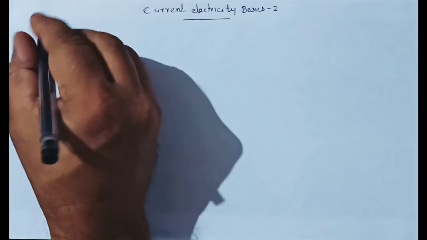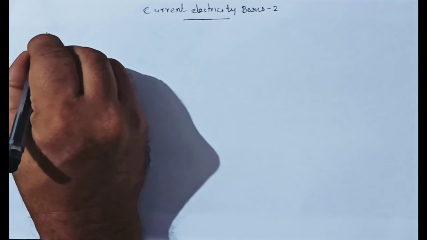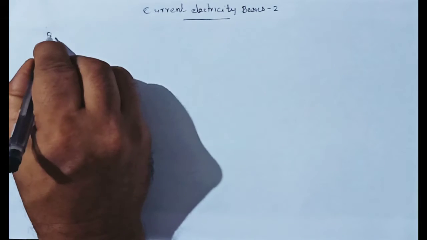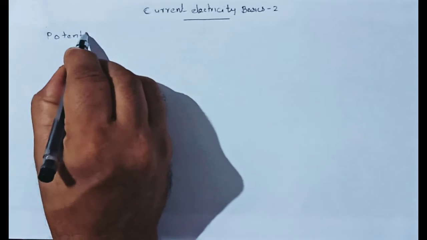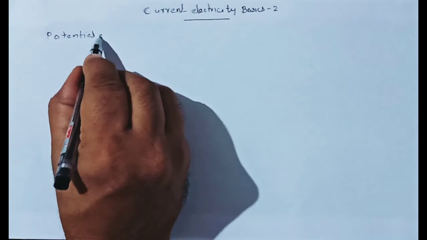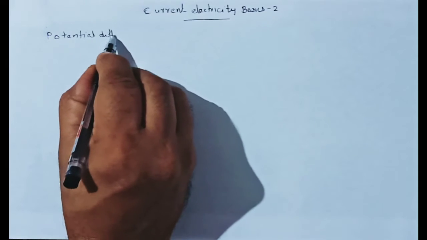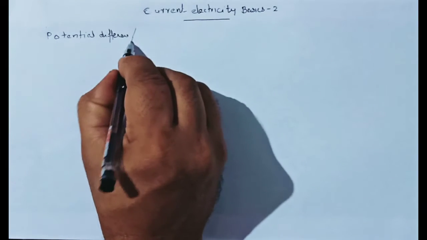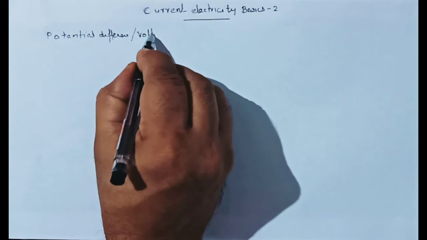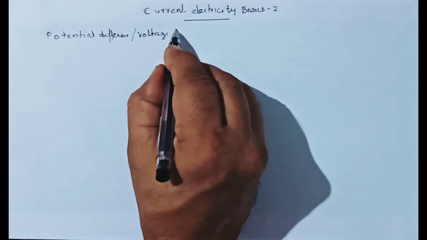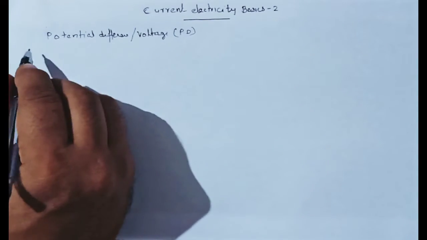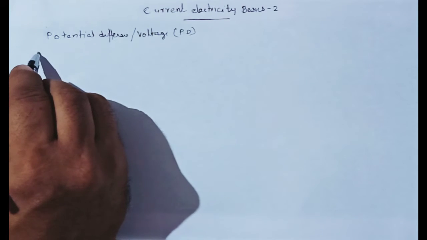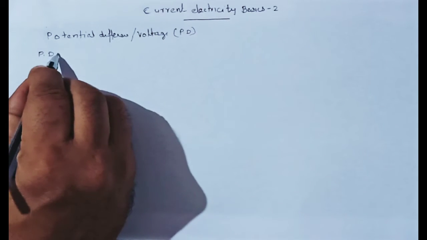Potential difference or voltage. It's an elusive term we need to get familiar with if you want to get to know more about electrical circuits. It's often called potential difference, often voltage, sometimes even EMF. All of them mean practically the same thing, though there are small differences. So we will have a definition first, which will give you some idea what potential difference means.